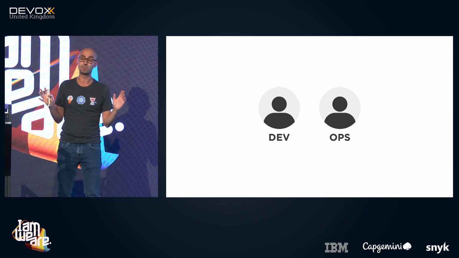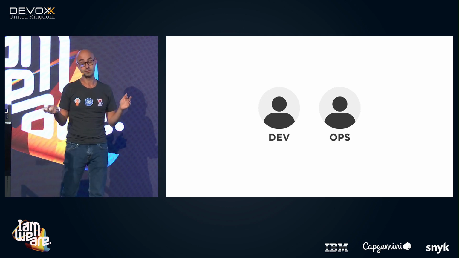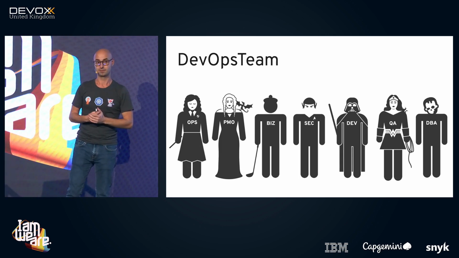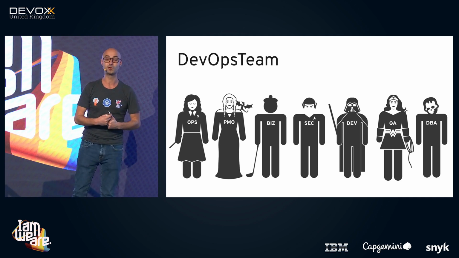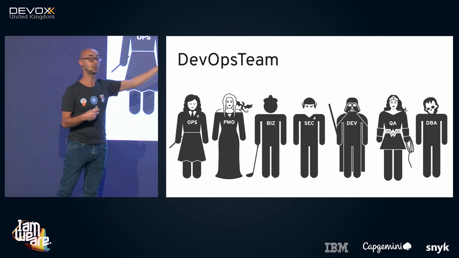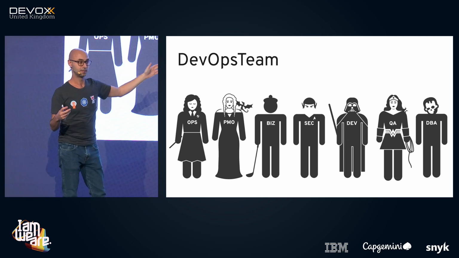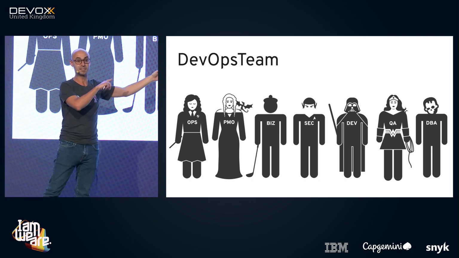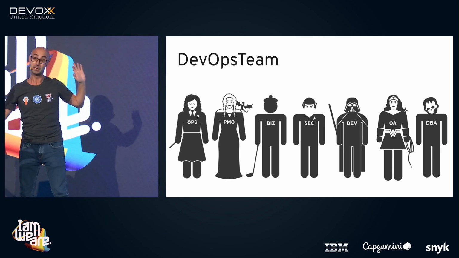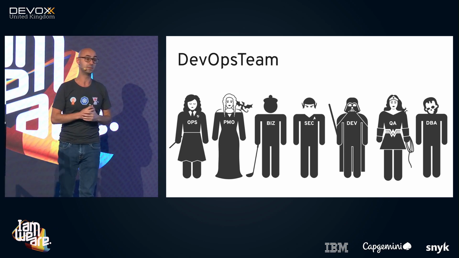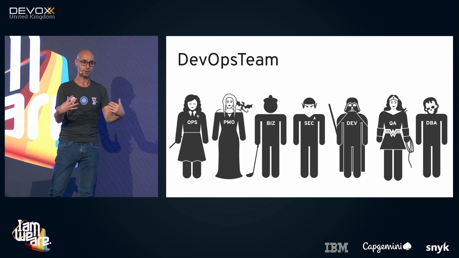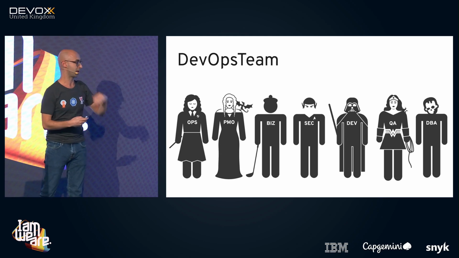And we can think that DevOps is about Dev and Ops. And the truth is that no, it's not that way. It's about all the people that are involved in the process of creating an application. We can think about the operations guy, the PMO, the business, the security, the developers, the QA, the DBA. I'm not saying that DBAs are zombies. I'm saying that DBAs love The Walking Dead, okay? So we need to think that we all are a team. We have common interests, common hobbies, and we need to work from the beginning in all these aspects,